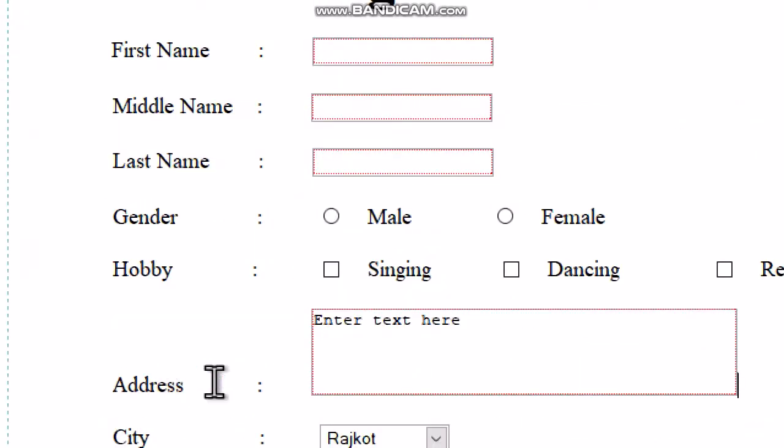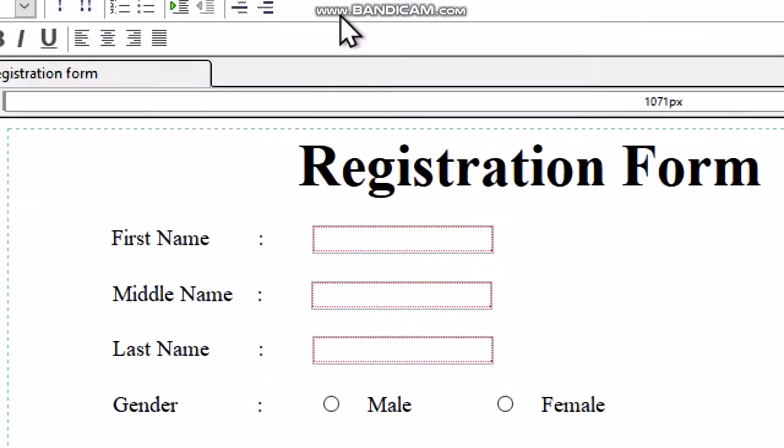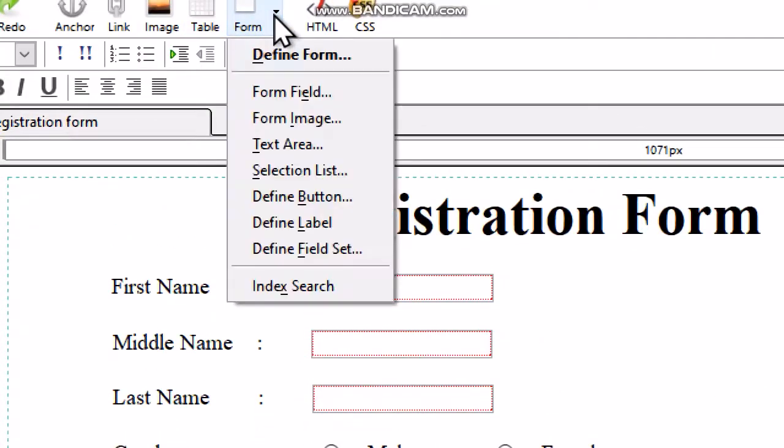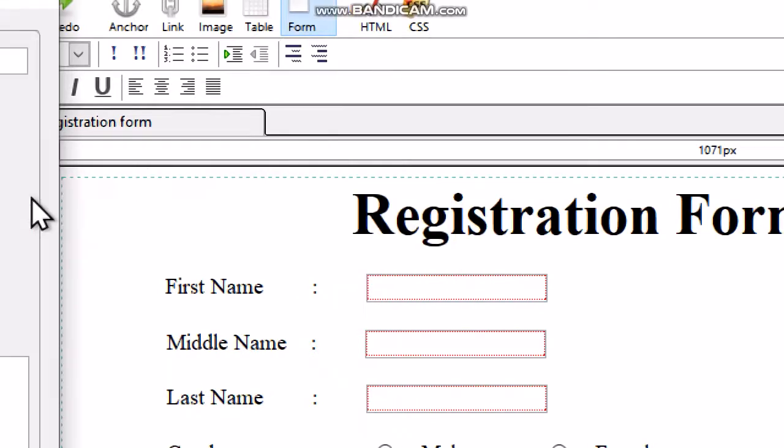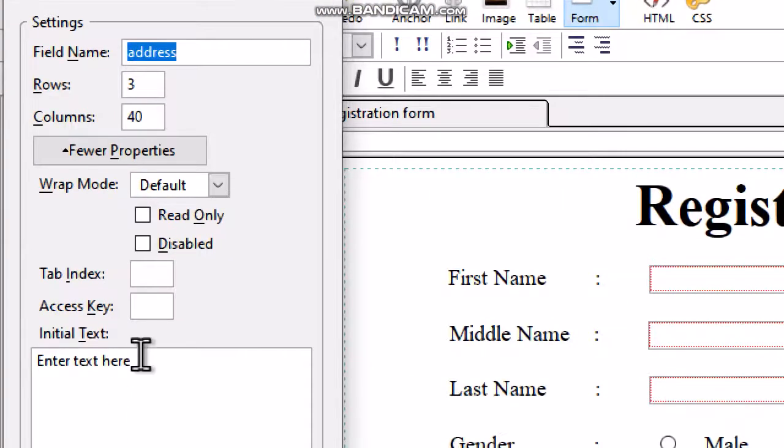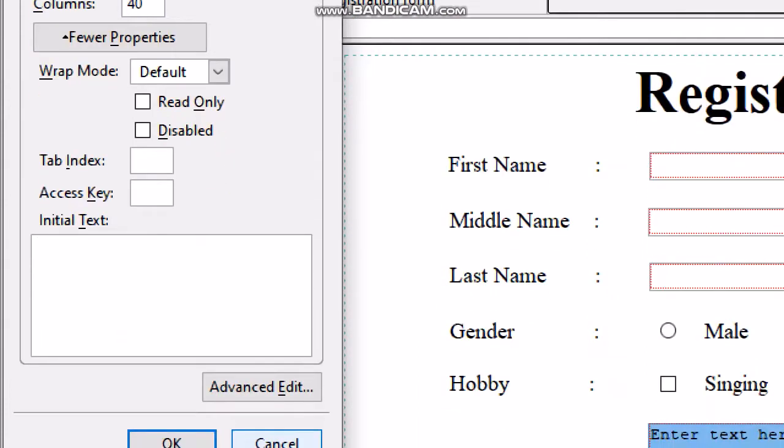In the address field, remove enter text here and keep all the three rows blank by selecting the address field, form, text area. Remove this. Click OK.